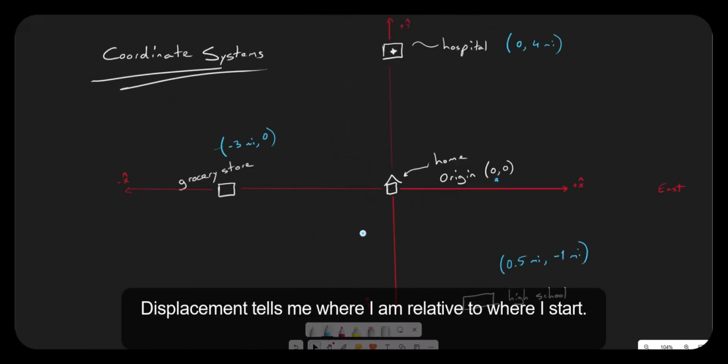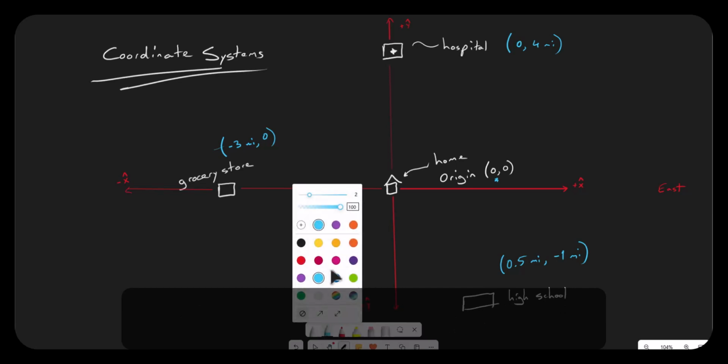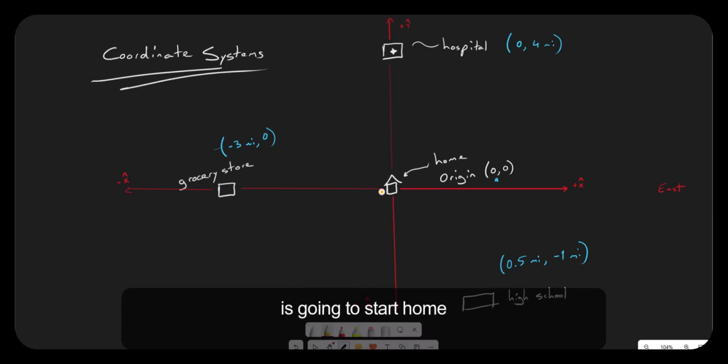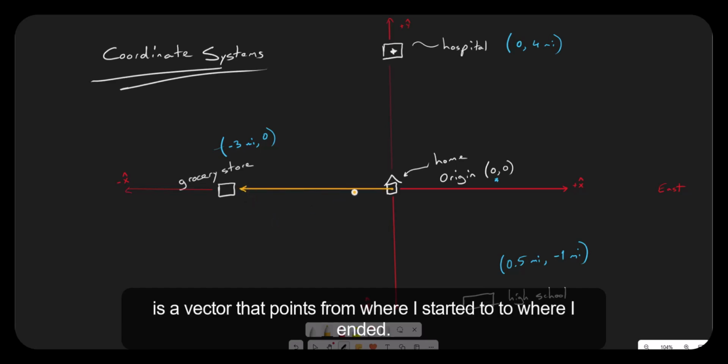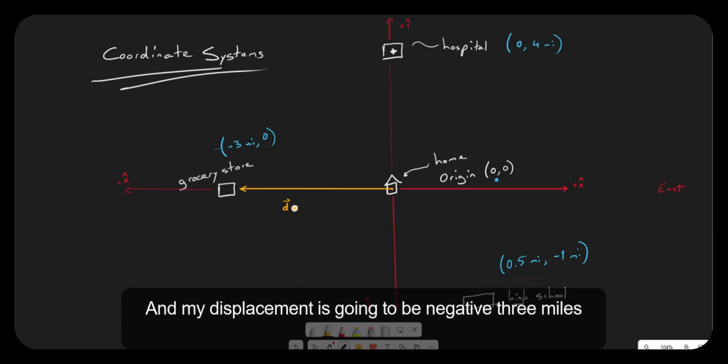Displacement tells me where I am relative to where I started. If I started from home and I went to the grocery store, my displacement, so I'm going to start from home and go to the grocery store. My displacement is a vector that points from where I started to where I ended. And my displacement is going to be negative 3 miles